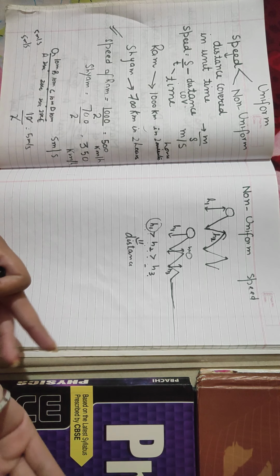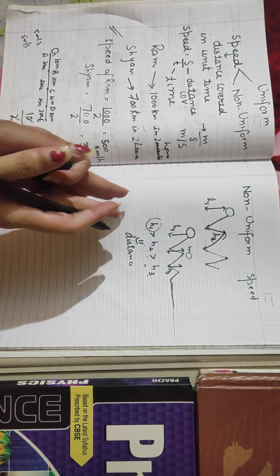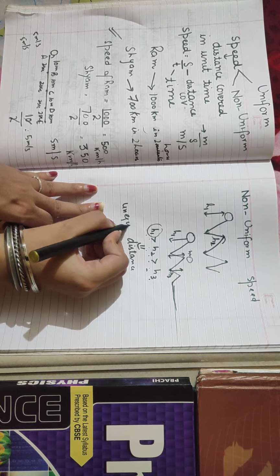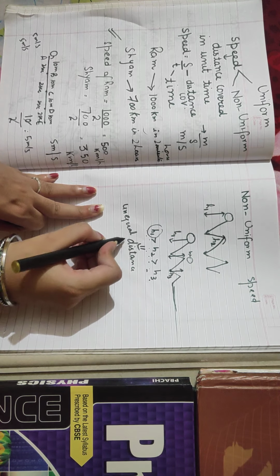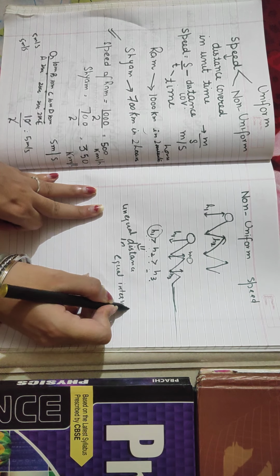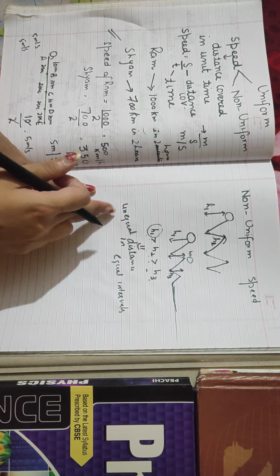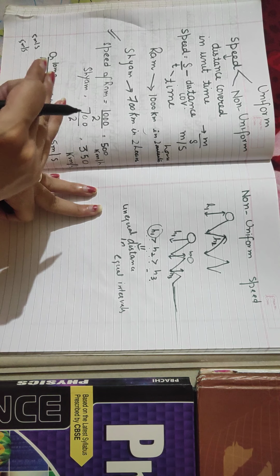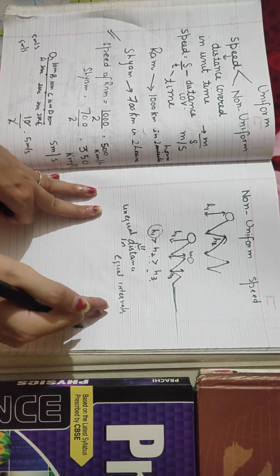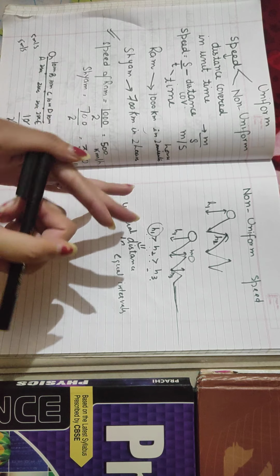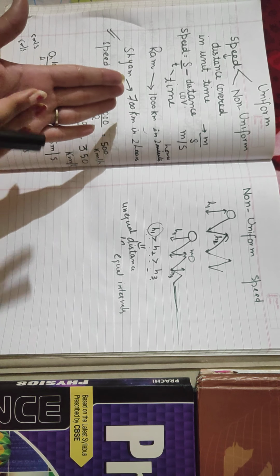As time passes, my ball is covering unequal distances. The distance covered by this ball is reducing, right? So my ball is covering unequal distance in equal intervals of time. This type of speed, in which you cover unequal distance in equal intervals of time, is referred to as non-uniform speed. Whenever you come across an object covering unequal distances while the time interval is constant,